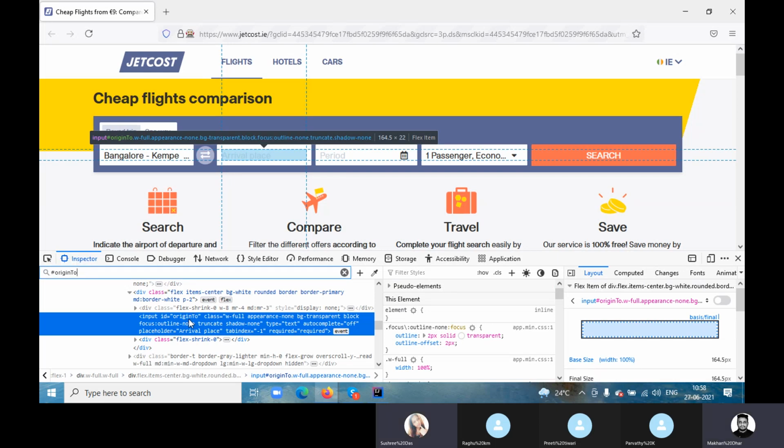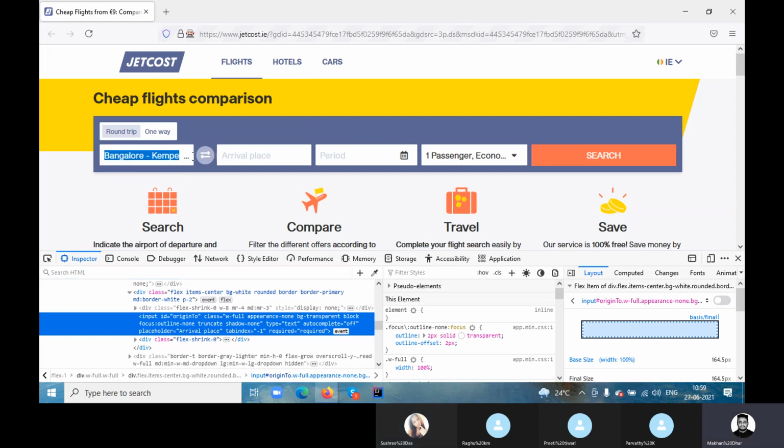Makhan, I have a question. When we are clicking on this departure text area, at that time we are passing the keys as BLR, right? As we know for Bangalore it's BLR, we typed it and got it. For any other state, how do you know? Whenever you type, like if I type Mumbai, good thing you asked.